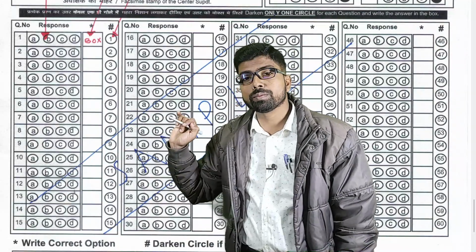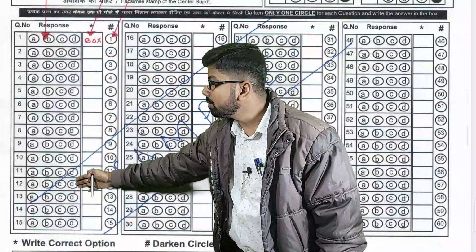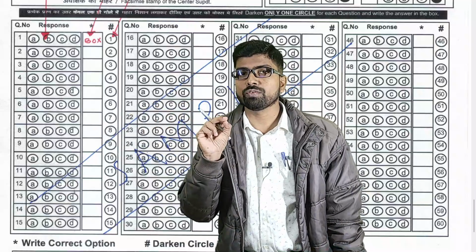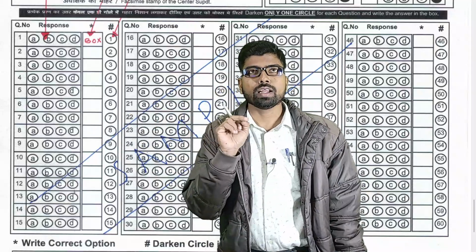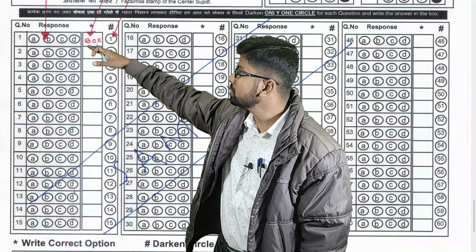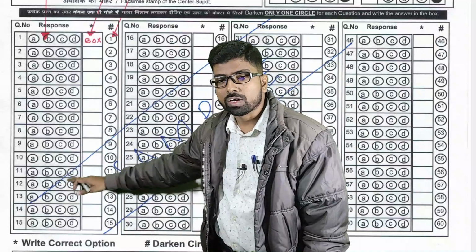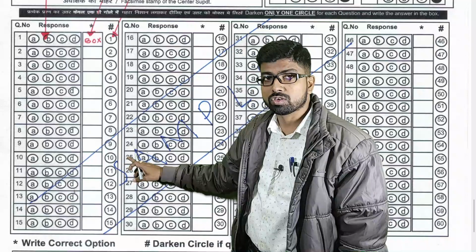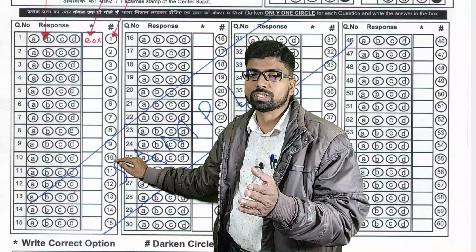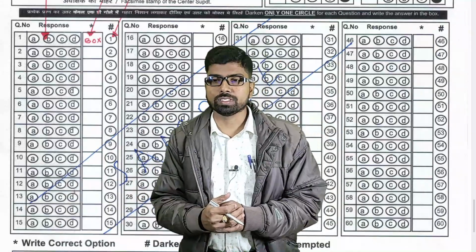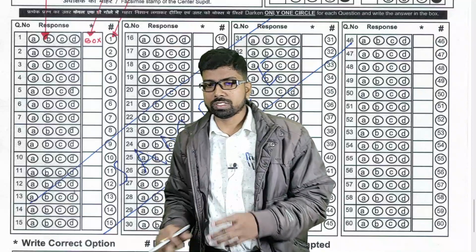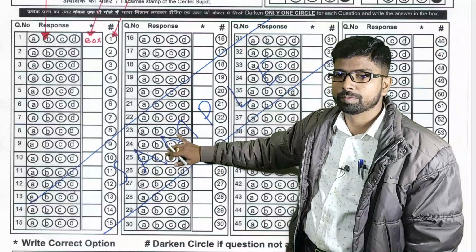Even otherwise, what will happen? Suppose you are writing in serial order, and on the way 2, 3 questions are wrong. Suppose there are 25 questions in section A, and the instruction says the first 20 questions will be evaluated. Suppose you are writing the first 20 and on the way something is wrong, then this circle will help you, not for the evaluation of that one, so that the next one can be evaluated. So this is the short detail about this OMR sheet, and let me go up.